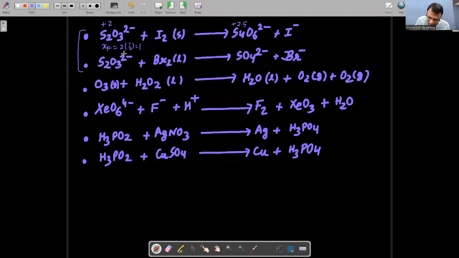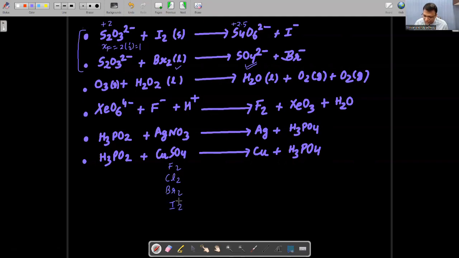They are saying that the thiosulfate ion, when reacting with iodine, as we have done so many times, is converted into tetrathionate ion. But when thiosulfate ion is reacting with bromine, why is it converted into sulfate ion? Explain. We should know that in case of halogens, chlorine, fluorine, bromine and iodine, if we discuss which is the best oxidizing agent,